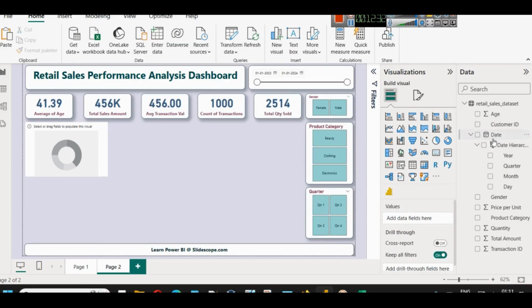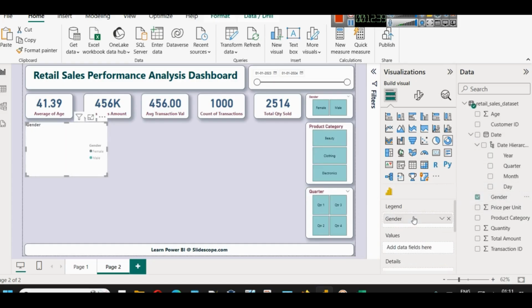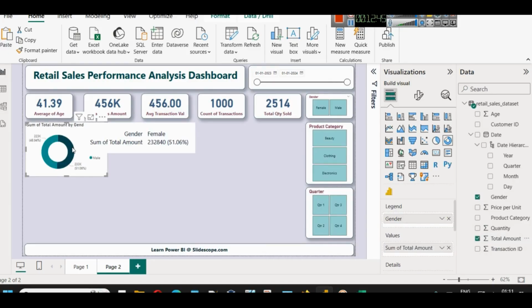So first of all, if you want to see, we can bring a donut chart. In legend we will bring gender and total amount, that is sales. So sum of total amount by gender. So you can see 51.06% of total amount is given by gender,